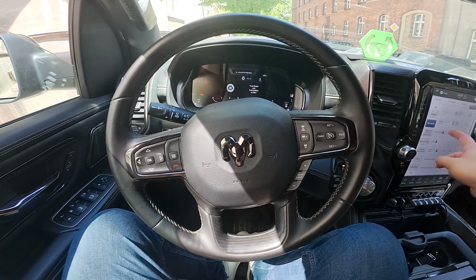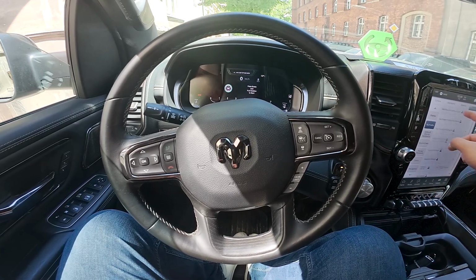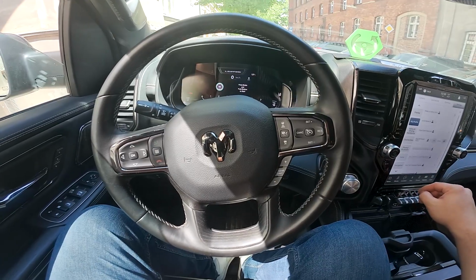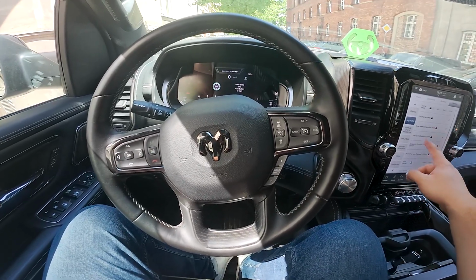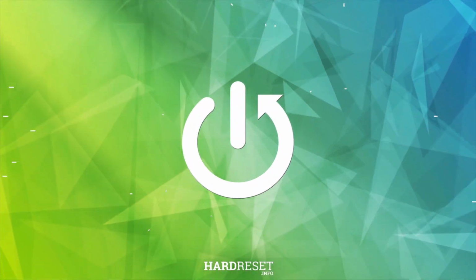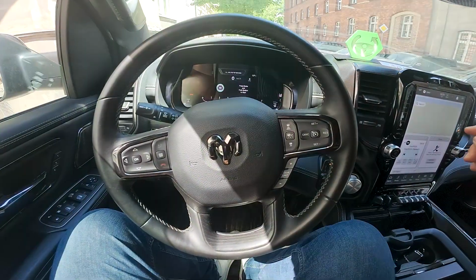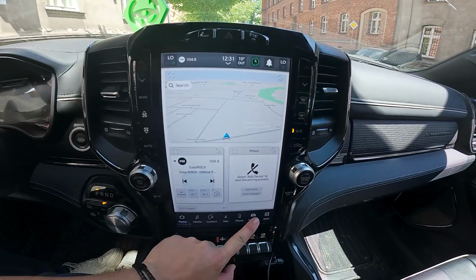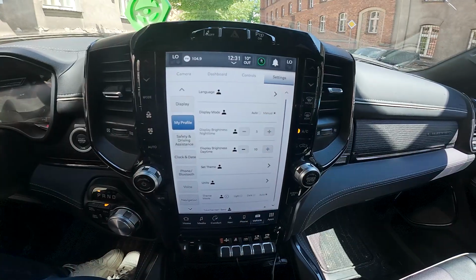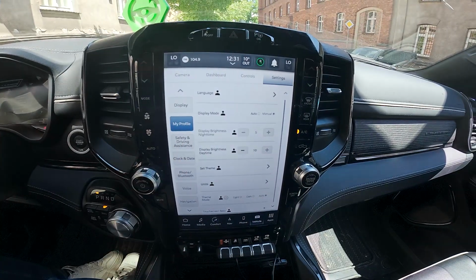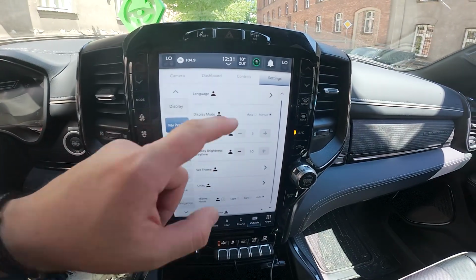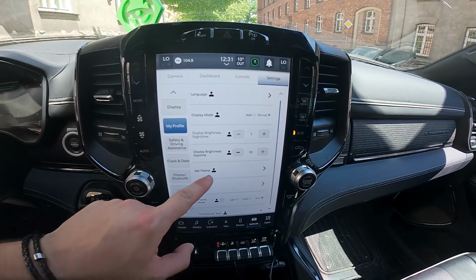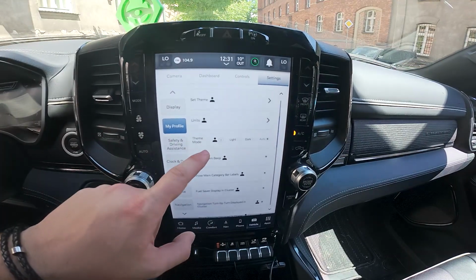Hello, in front of me I've got RAM 1500. In this video I'll show you how to adjust profile settings. In the beginning take a look at the screen display and next go to Vehicle and Settings. Enter my profile and here you can adjust profile, language, display mode, brightness, theme, units, theme mode,